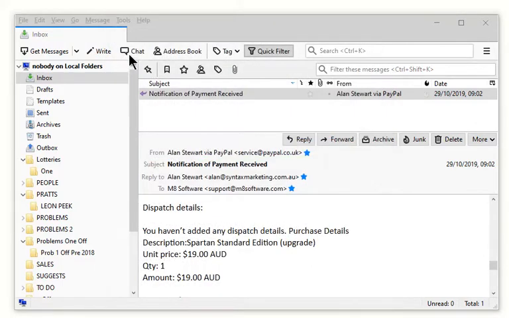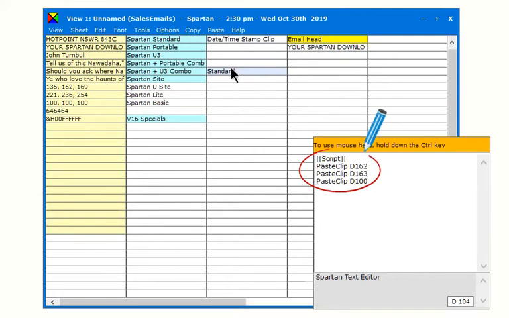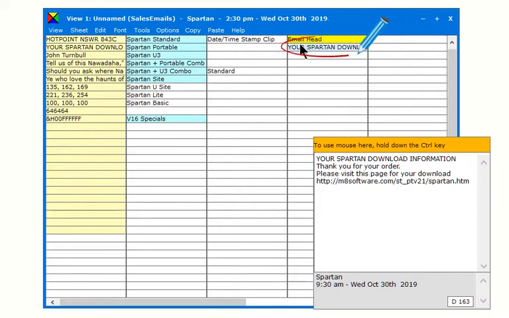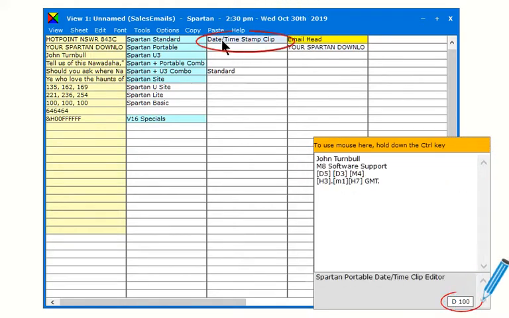This is how it's done. The clip which pastes the 3 formats is a script. It pastes the clip D162, followed by D163, followed by D100. This is clip D162. D162 is the clip with the red M8 software formatting for my email program. This is D163. 163 is the rich text format with the download URL, and D100 is the signature block with